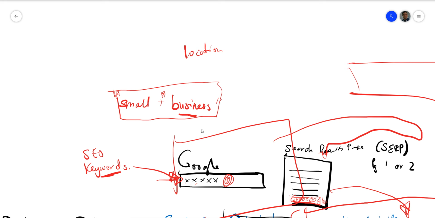But if I add in accounting, right? Small business accounting. Now it's slightly narrower. It could be small business accounting programs, it could be software, it can be courses. Then you can narrow down. Maybe you add another term, small business accounting software, cheap,